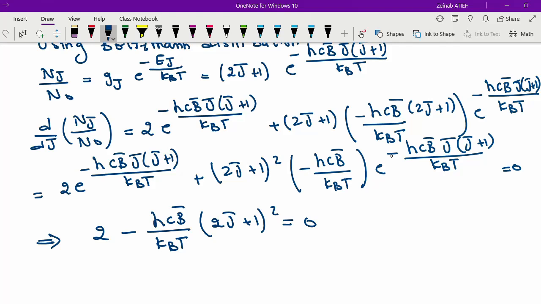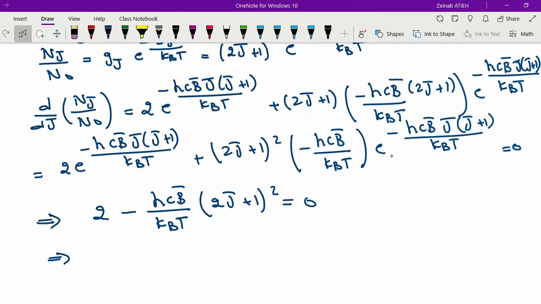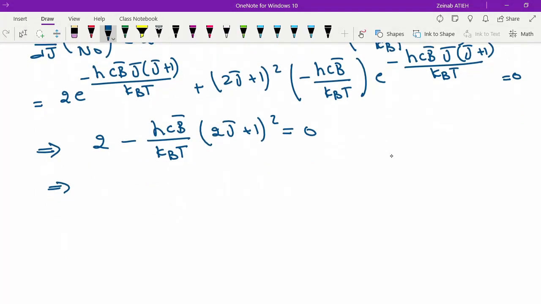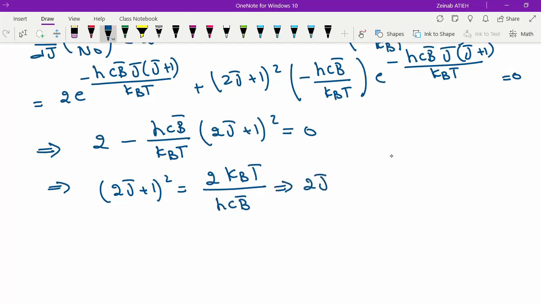So (2J plus 1) squared equals 2kBT over hcB bar, which implies 2J plus 1 equals the radical of